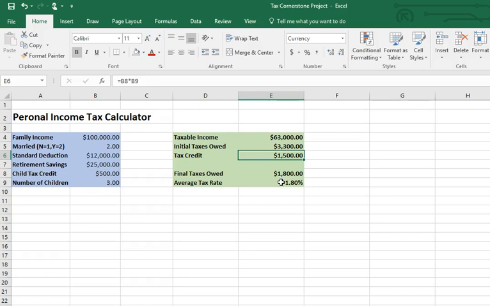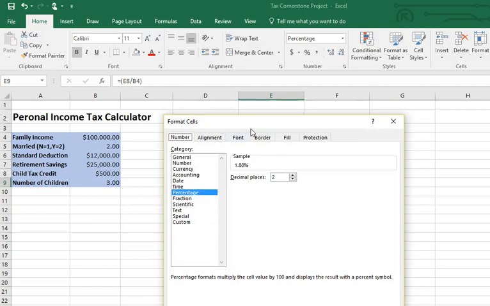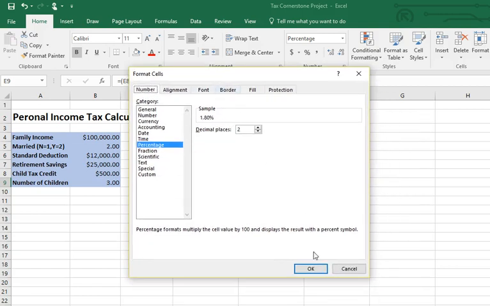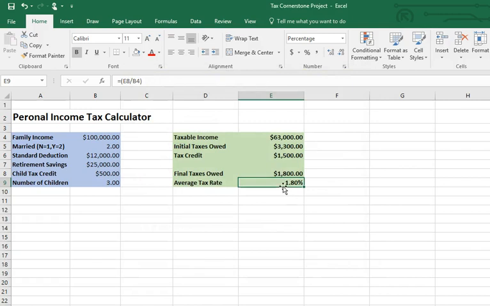And then finally, the last thing is your average tax rate. Your average tax rate just takes your taxes owed right here divided by your gross income. Okay, so it's just your taxes owed divided by your gross income. And then I just formatted this cell to be a percentage, hit OK, and then there it is. Okay, so all these output things are being calculated. I put in the inputs over here, and I get the outputs over here. All right, now,